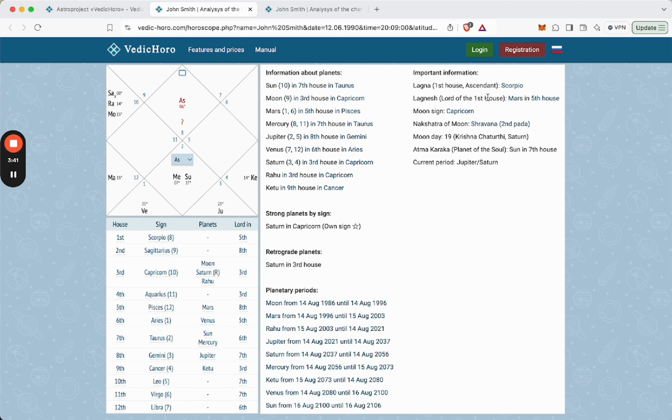Here under the important information you can see some helping information for you. Lagna, the first house, is in Scorpio. Lagnesh, or ruler of the first house, is Mars in the 5th